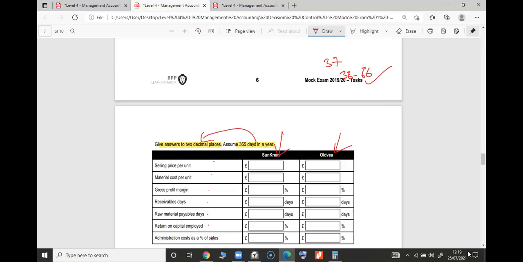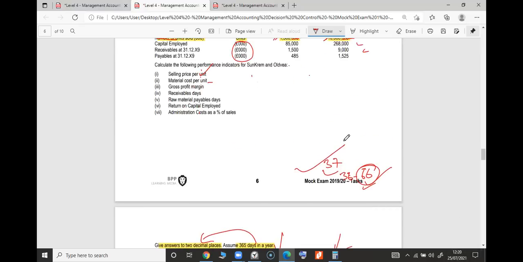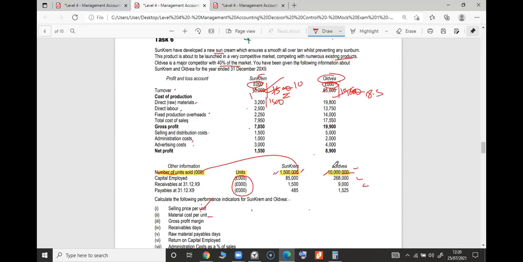2 decimal places. Although a day cannot be half a day, can it? That's not a good one. It will not make a decision-making problem, like 37 days or 37 and a half days, the same thing. But for presentation, I prefer 37 days. But we will see in a minute. Just bear with me. Come on, we've got to be a little quicker.